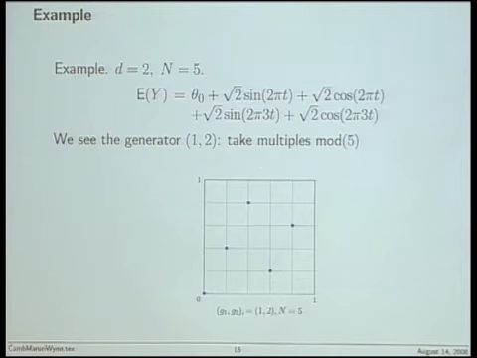When you come to the top, you fold around on the torus, and then you finish off here. So this is 5 points. Notice that there's 1, 2, 3, 4, 5